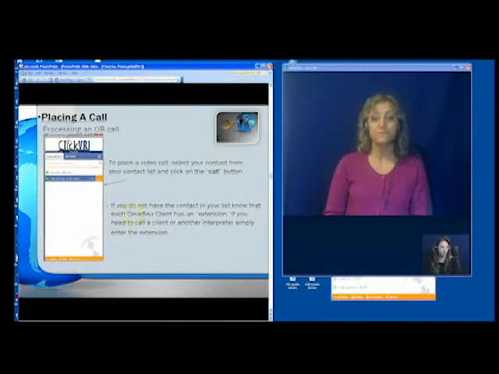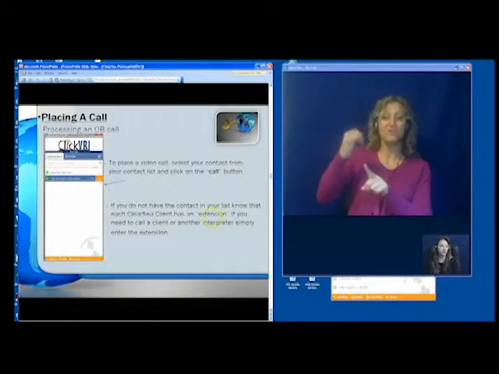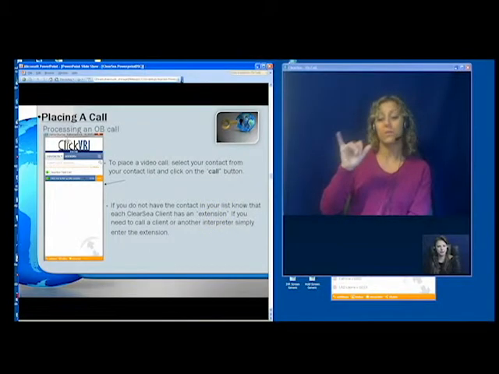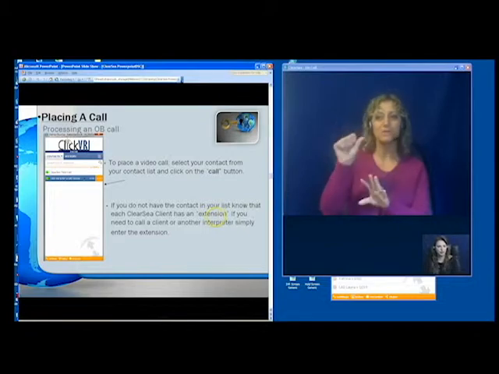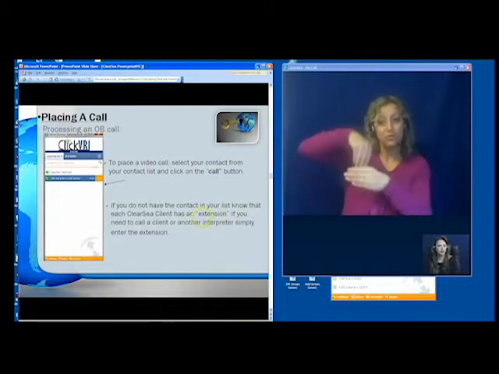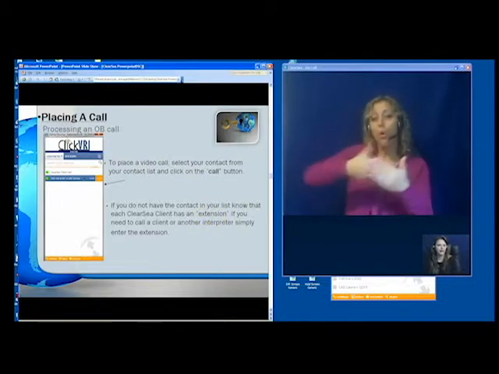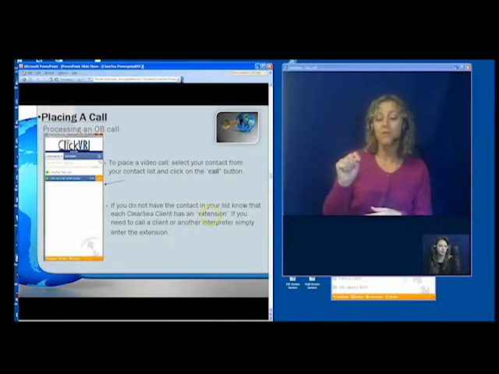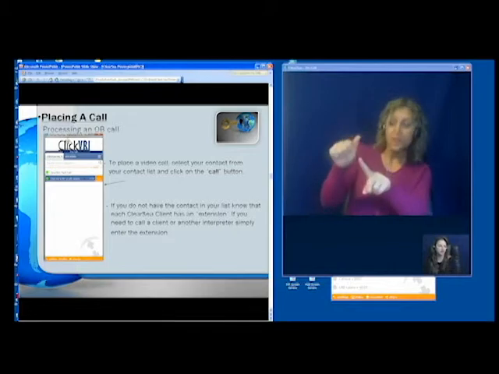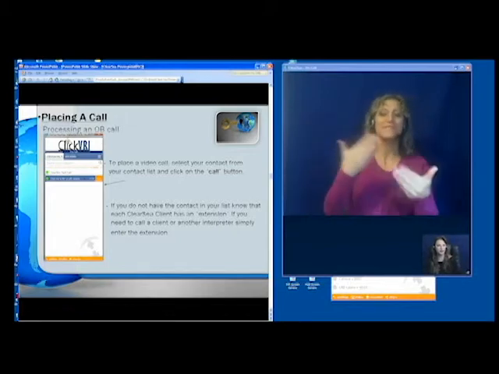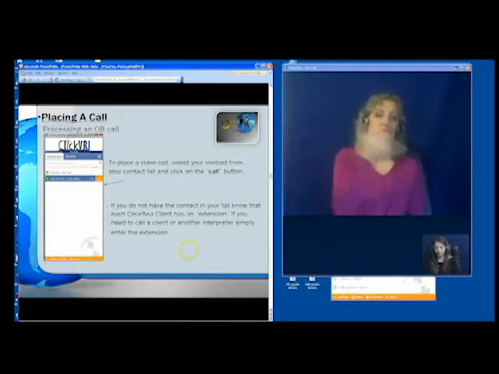The next bullet point here on this PowerPoint just reminds you that you can use their extension. That's the beauty of ClearC, and we're real proud of our management of the ClearC servers. We have an internal database that we manage all of our clients and the extensions, and so too you will be able to have customers that will have their own extensions and make it very easy to call them and they call you. You can